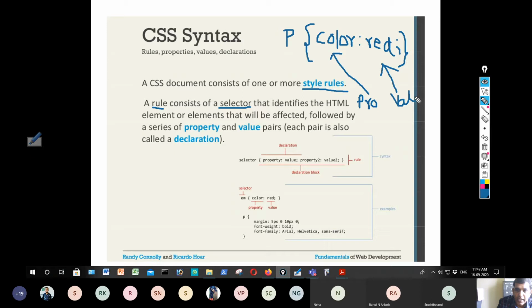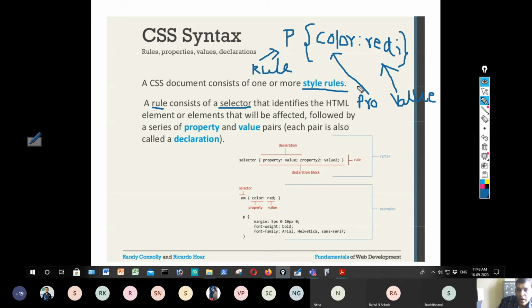So color is the property and red is the value. CSS has various properties, not only for colors but also for font size, font family, borders and other things. This is what a CSS rule looks like.